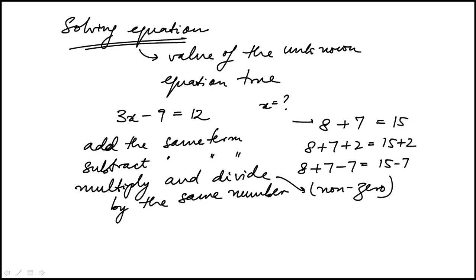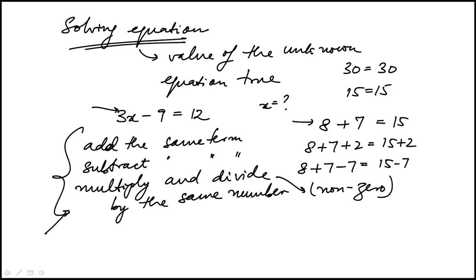So again, if I doubled both sides, it still holds true, because really it's just 15 is equal to 15. So if I double it, 30 would still be equal to 30. So all these operations preserve the original relationship,